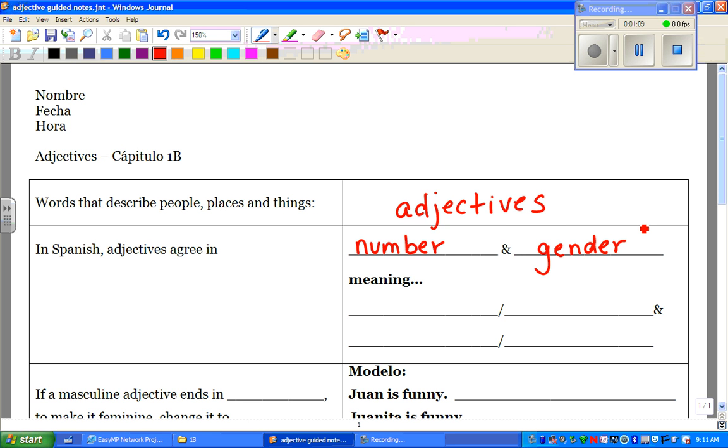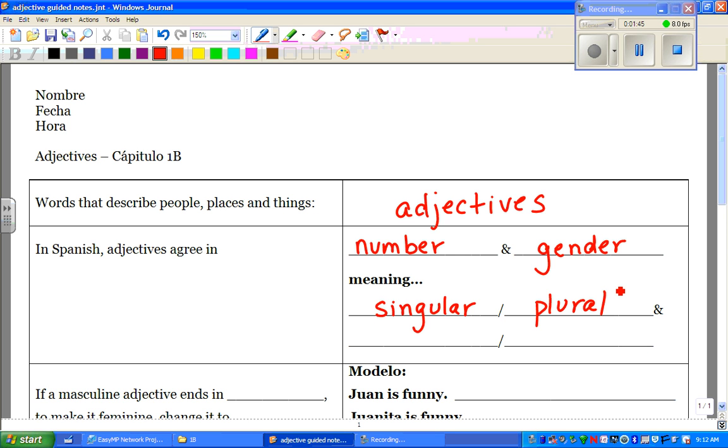So what does that mean? What does number and gender mean? Number, you guys might know this. What's number mean for adjectives? So it's blank slash blank. Again, I could say the white book or the white books. White stays the same, but in Spanish, those two sentences would be different. So what's number mean? Very good, the singular. That's what number means: singular and plural.